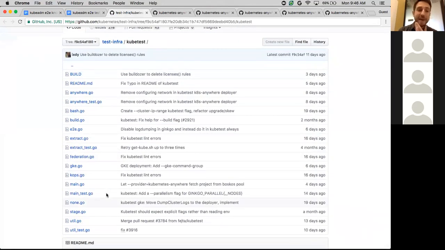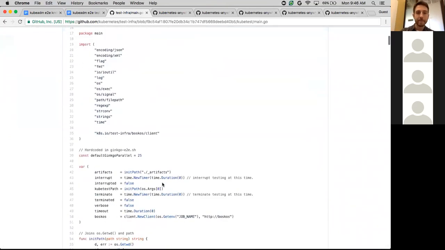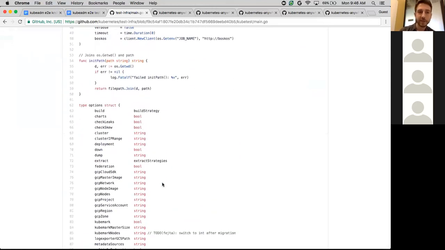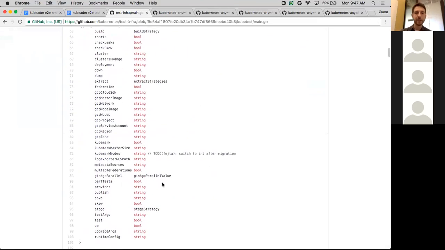And so now it's many more files that are a little better factored than it was when it was one giant monolith. So when you run kubetest, the main flags you're going to have are up, down, and test, and some Ginkgo parameters. And up means I want you to provision a brand new cluster. Let me actually go to the flags. There's a lot of flags. So up means provision a cluster, down means tear down my cluster, and test means run some set of our